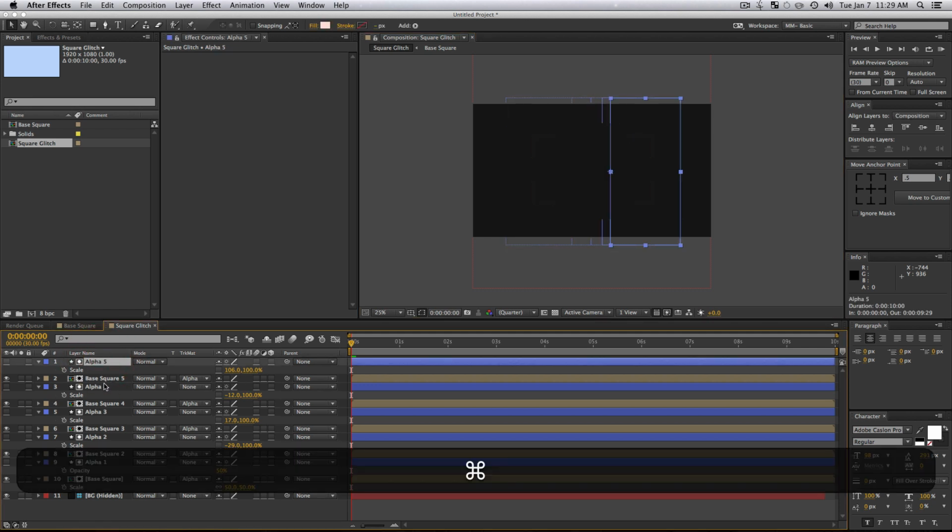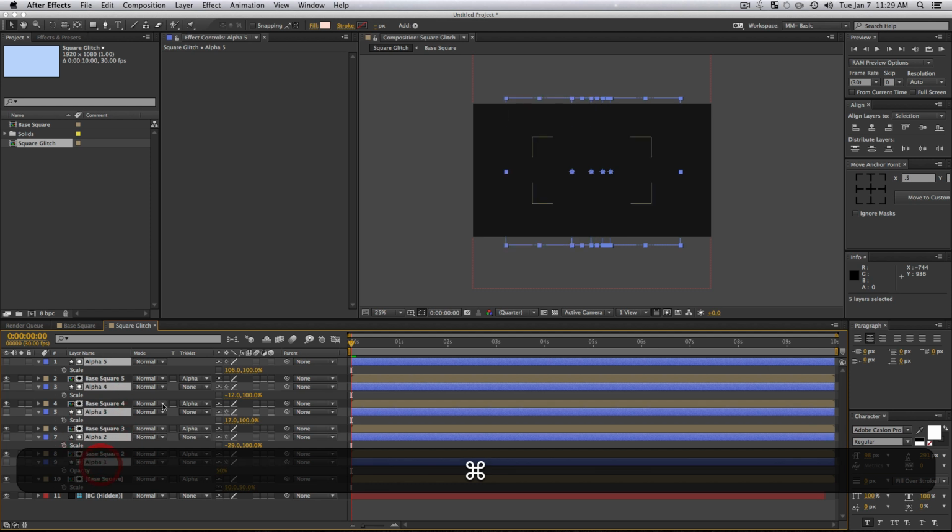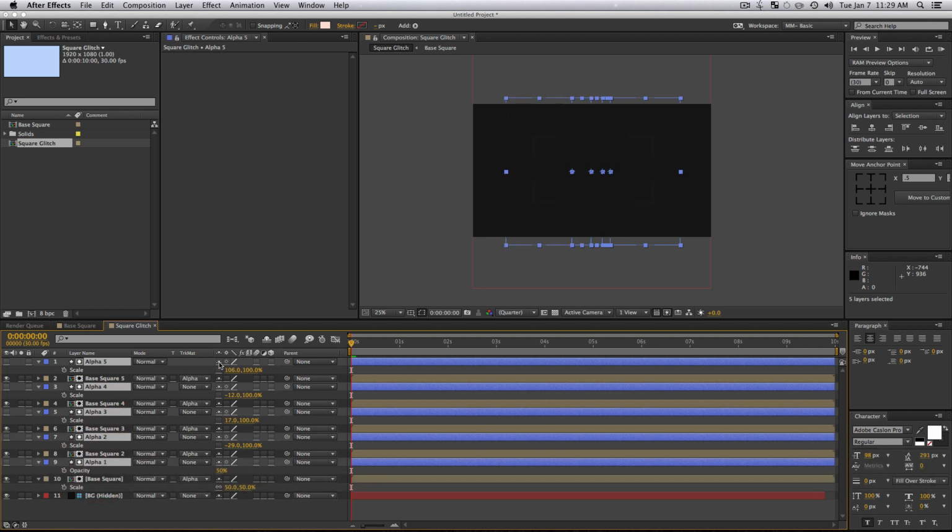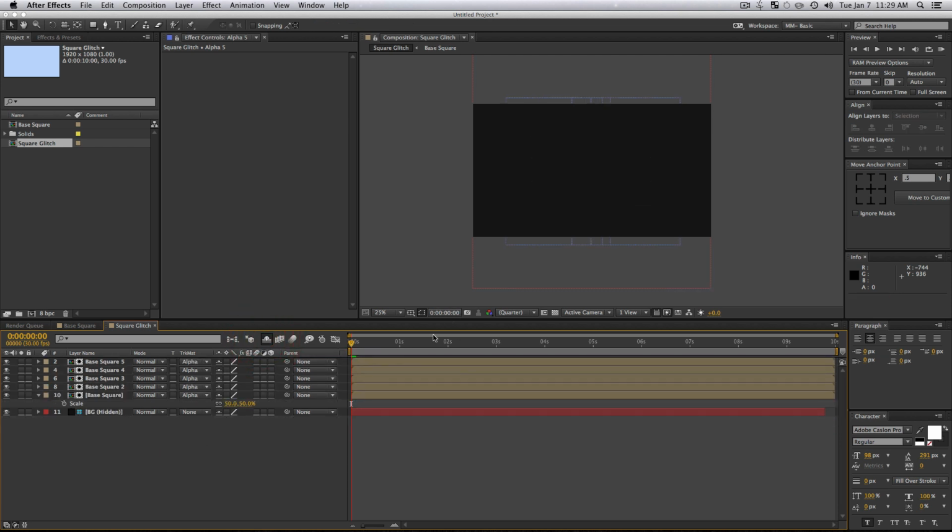So select alpha 5, 4, 3, 2, and 1, and just click your little shy switch right here. So this thing right here. Click that and it'll select it for all of them, and then click your shy, hide all layers with a shy on it. So now we will only be able to see our compositions, I should say. Okay, so now what we're going to do is go to right before the animation stops for this first portion. So right when the circle is coming towards the square.